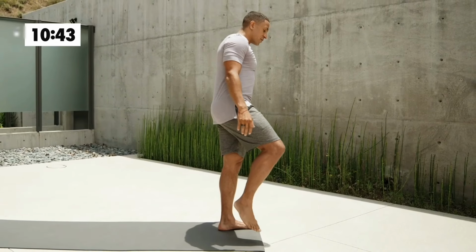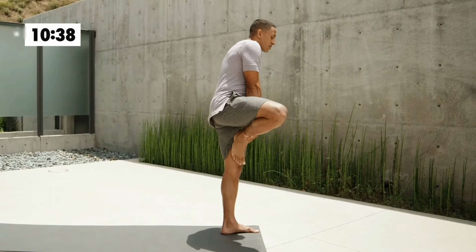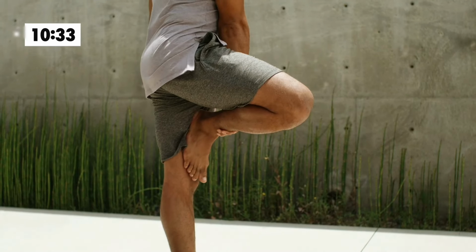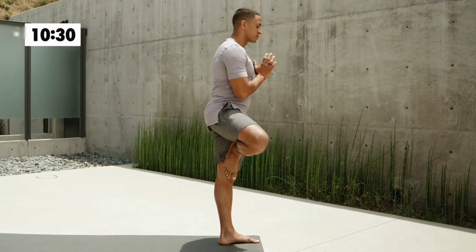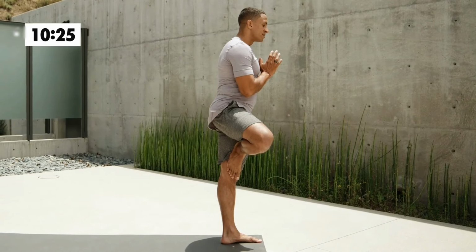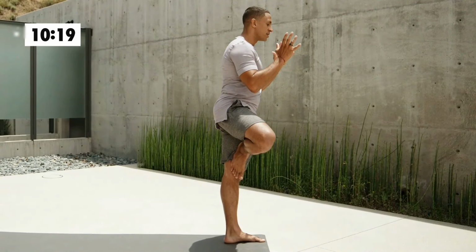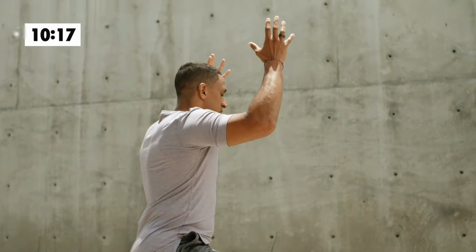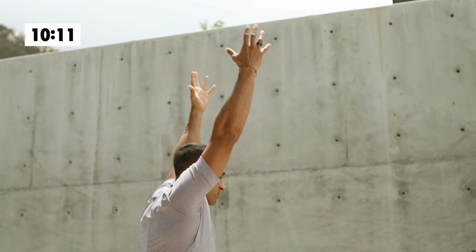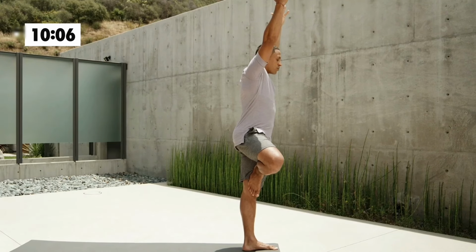All the weight in the left foot. Bring that right foot up towards the inside of the left thigh or on the inside of that left calf. Once you find your position, hands come up to prayer pose. Find a focal point. Tune in. And then if it's in your practice, maybe slowly the hands begin to grow. Creating as much length as possible, keeping your drishti aligned and centered, your focal point aligned and centered,